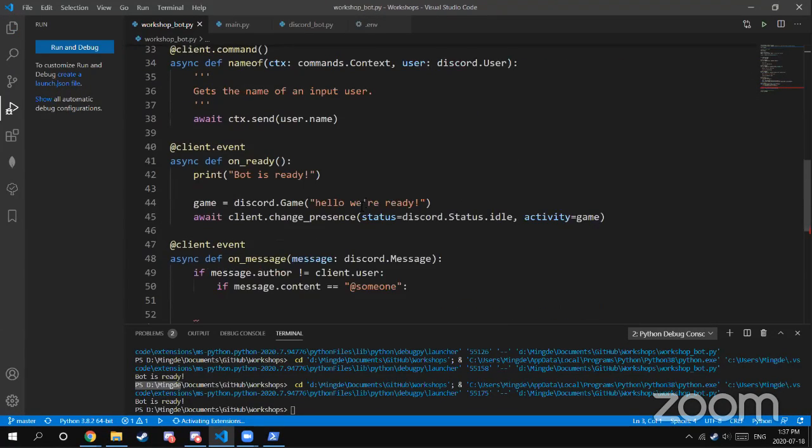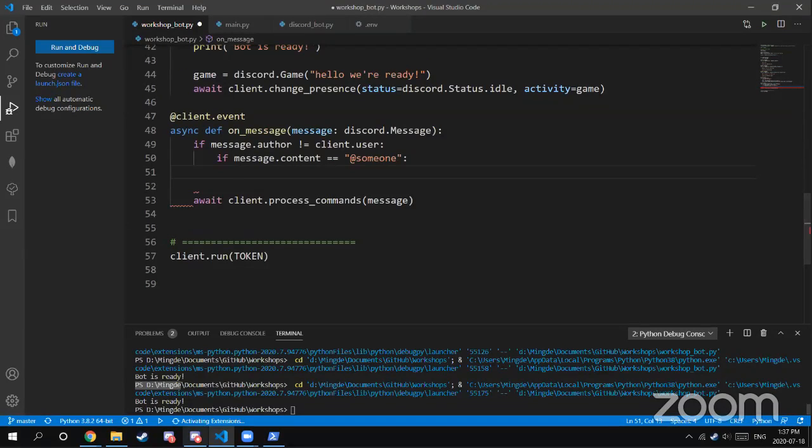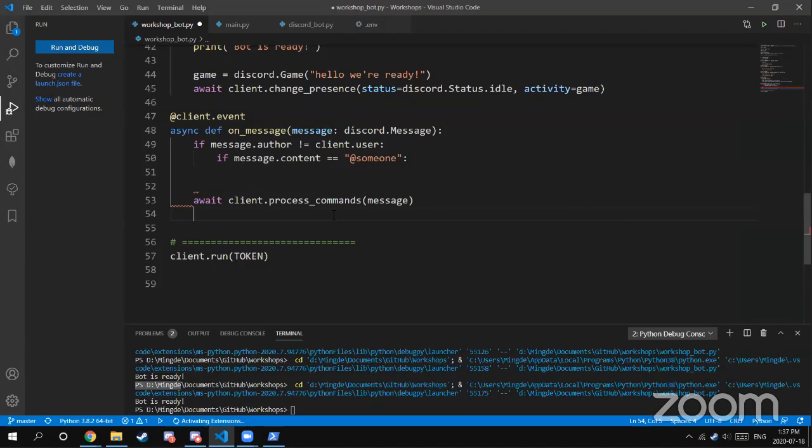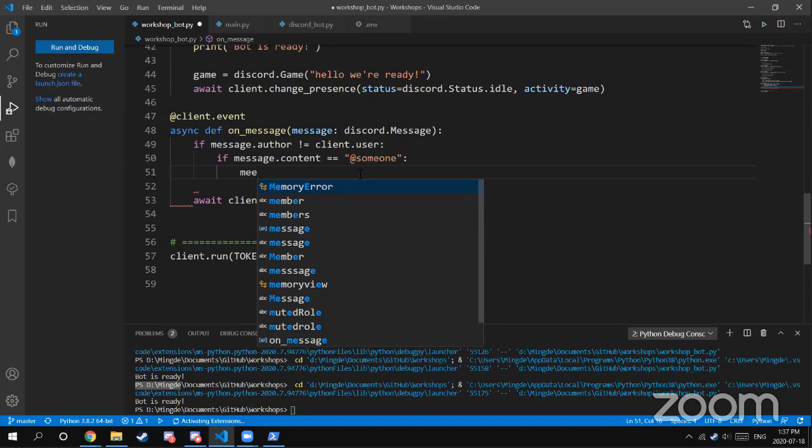Now inside each server, there's going to be a set of members. So what we can do is actually use members as a list. We can access the guild. The server in Discord programming is called a guild, so you have to get used to it. But you can basically just do